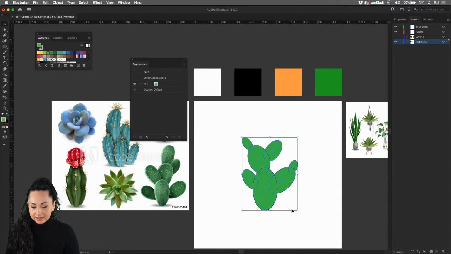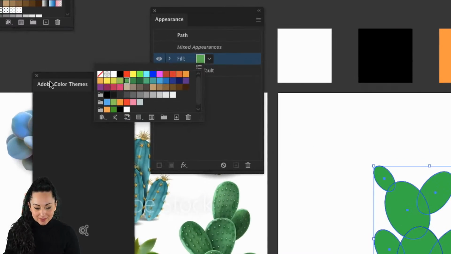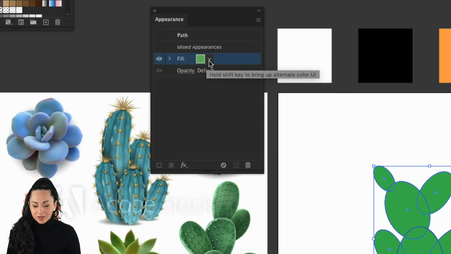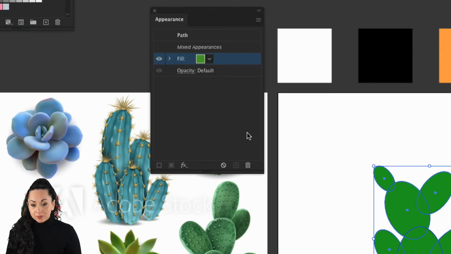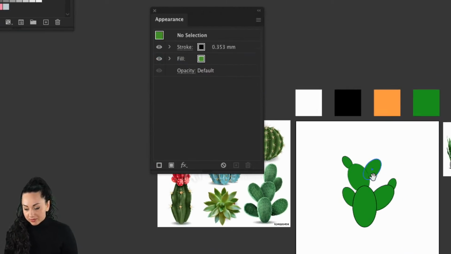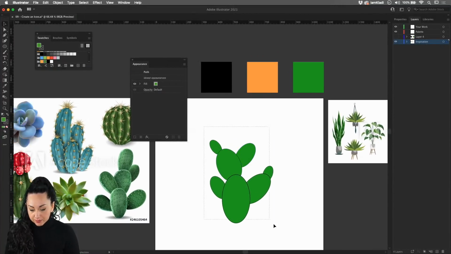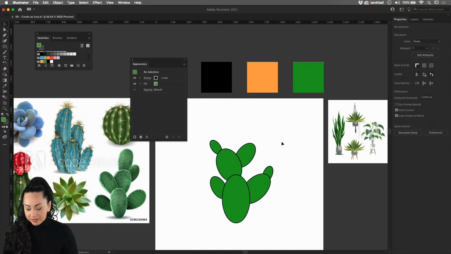So when we click and drag in this case, and we head back to our fill, you will see that the swatches are now added into our appearance. It looks like I've also launched the Adobe Color themes, which will help you find more colors. But for now, we want to just stick to the little swatches that we have created. Now, the beauty of working with the Appearance panel is that we can, in fact, select multiple fills and multiple strokes. It looks like we have an inconsistency with the strokes. Make sure to select your artwork and head to the Properties panel, and then give it just one stroke so it's all consistent. Something like 1 millimeter will work.